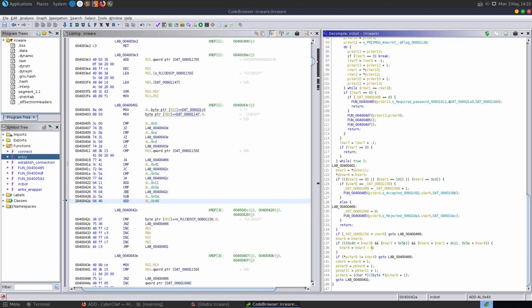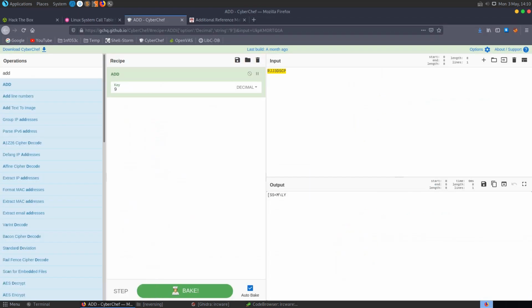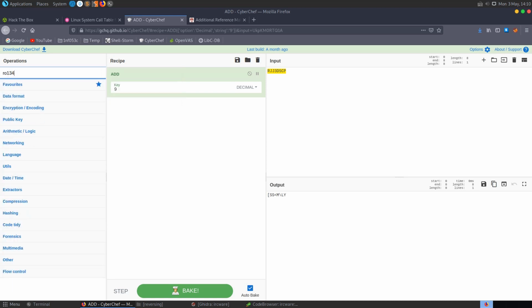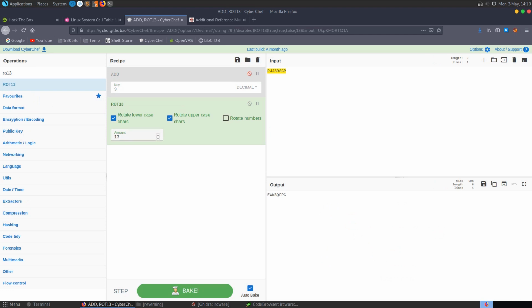So the first thing that I noted here was that we have a plus 17, and then we have a -9. Add those together, we have 26, which is the number of letters in the alphabet. So without even really looking into that too much more, I threw this into a ROT13. So instead of subtracting 9, let's do ROT13, but we're not going to rotate by 13, we're going to rotate by 9. So we'll go back here, we'll change this to 9,